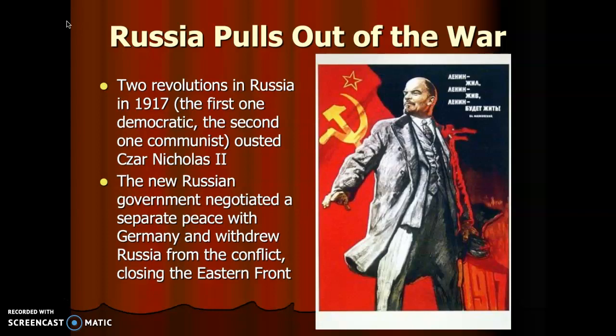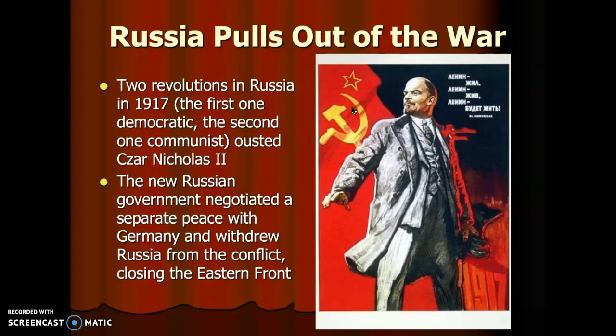Well, the tide begins to turn in 1917, and this is a real quick overview because we don't have time to go into all of the details. But in 1917, due to horrible military defeats that Russia was experiencing against the Germans, they've got hunger. There's chaos within Russia. There's this revolution that begins in 1917. And this leader, whose name is Vladimir Lenin, comes in and says, look, the last thing that we need to do is be involved in war. We've got to deal with our own country, our own issues.